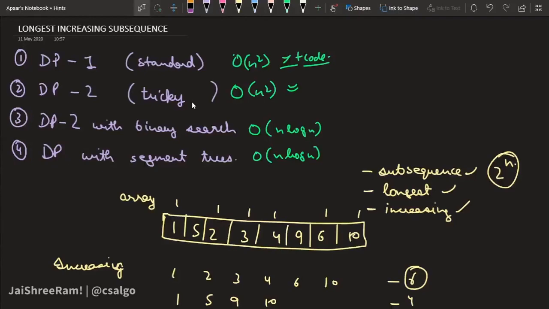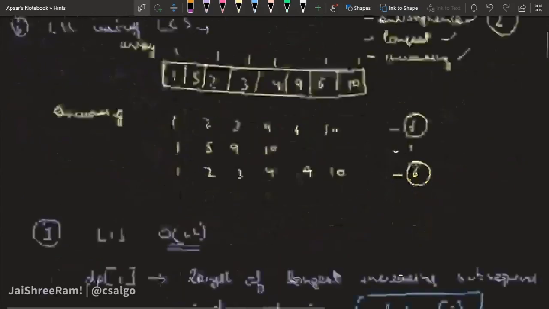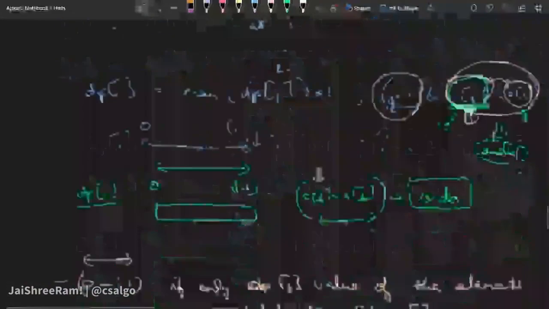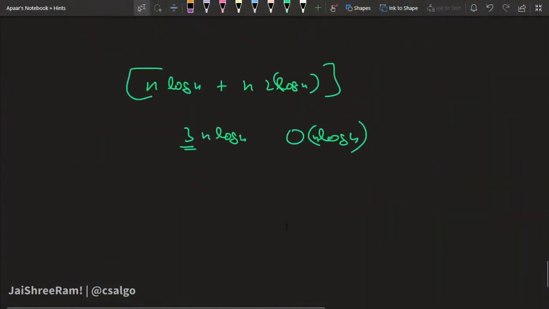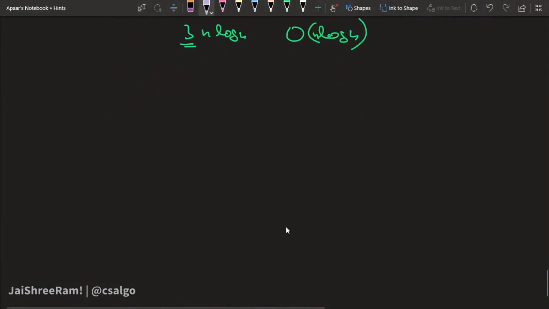Guys, let's try to find a fifth way to calculate longest increasing subsequence using longest common subsequence, right? So we know about longest common subsequence. It's a dynamic programming problem. It's a standard problem. We all are well aware of this problem and its solution, right? So let me just write it over here, right? So guys, basically we have longest common subsequence for 2 strings, right? If in a given string s and a given string t, tell me the length of the longest common subsequence, and even we can trace it back,